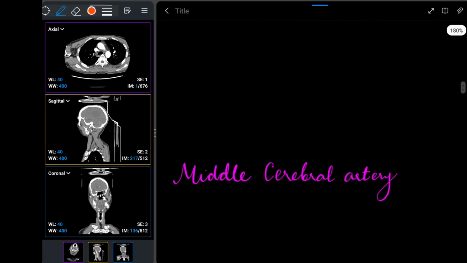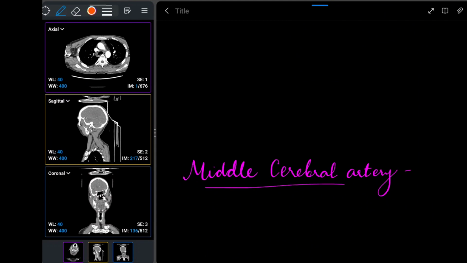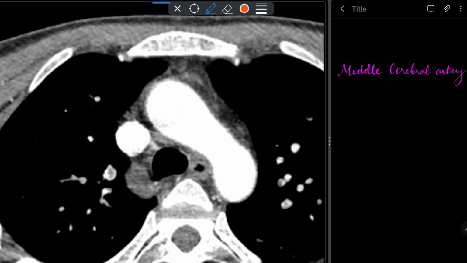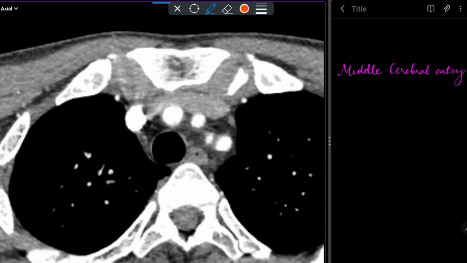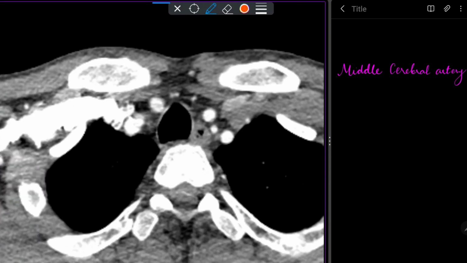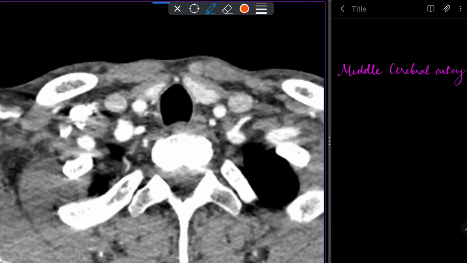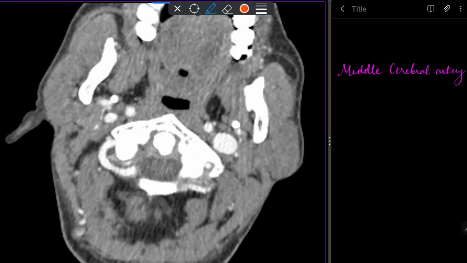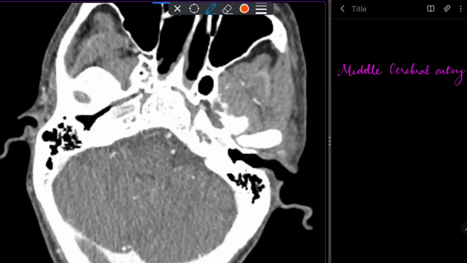So let's start the discussion with the middle cerebral artery, which is not part of the circle of Willis. Basically, it has four segments. Before discussing the middle cerebral artery, let's do a very brief recap of part one. This is the ascending aorta, the descending aorta. If we scroll more cranially, this is the arch of the aorta, with the three branches of the arch: the brachiocephalic trunk, the common carotid, and the left subclavian artery. If we continue tracing the brachiocephalic artery cranially, we can see it dividing into the common carotid as well as the right subclavian artery. The common carotid artery can be seen dividing into the anteromedial ECA and the posterolateral ICA, which is present just medial to the IJV. If we trace the internal carotid artery more cranially, we can see it entering into the carotid canal,